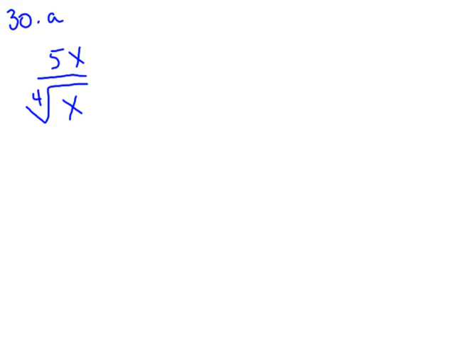Number 30's instructions say simplify by rationalizing the denominator. Rationalizing the denominator means to multiply the denominator by whatever it takes to make it, in this case, a perfect fourth root. That means I need to have four things under my radical that are identical to be able to take the fourth root of it. So I have 1 x, I need 4 x's, so that means I need to multiply by the fourth root of x